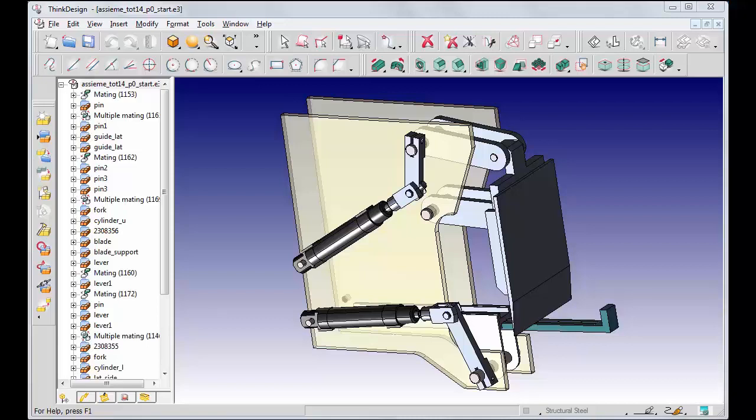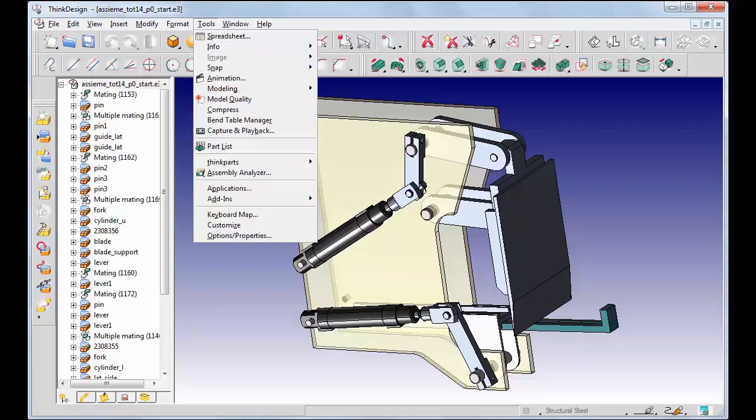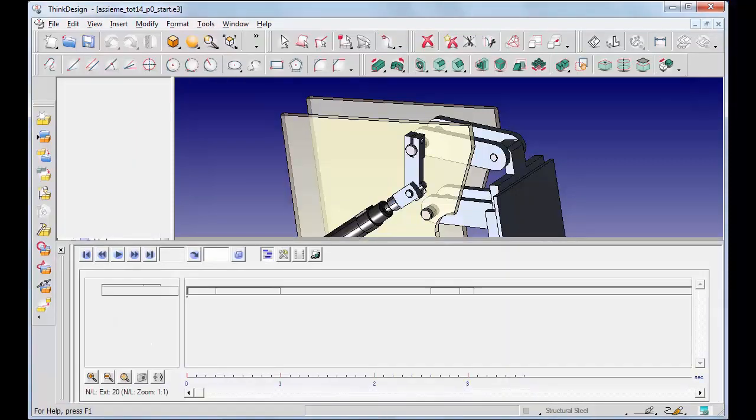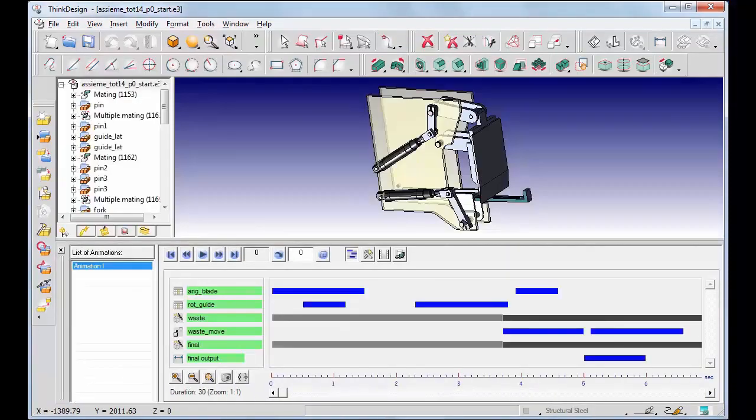Given this assembly in which the creation of an animation has already started, let's select Tools, Animation from the Principal menu. All parameters of the animation management command are proposed in this area, initially docked to the bottom margin of the ThinkDesign window. This area can obviously be moved as if it were a toolbar, dragging it, for example, to another position,